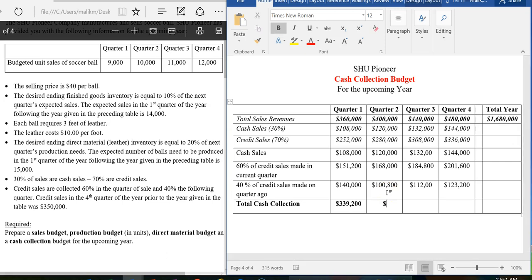If you add these 3, I got 388,800. Now for quarter 3, if you add these 3, which is, oops, I missed a 0 here, which is 132,000 plus 184,800 plus 112,000, I got it,